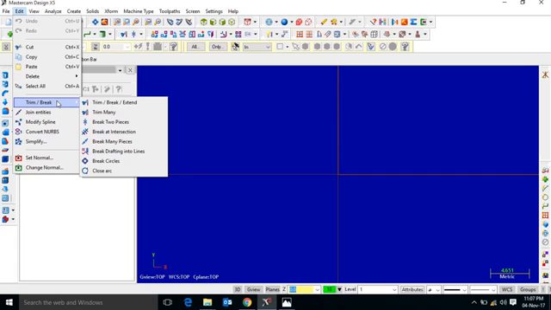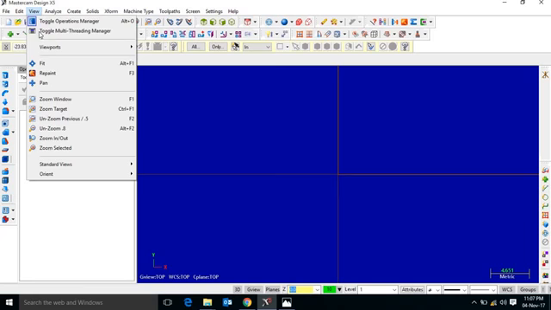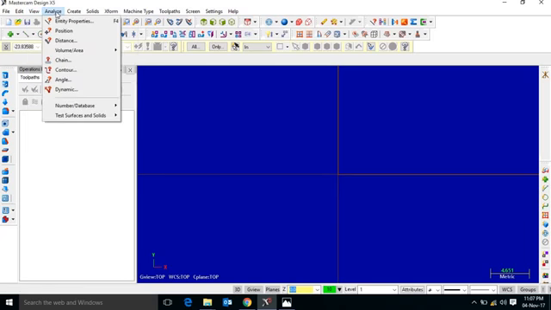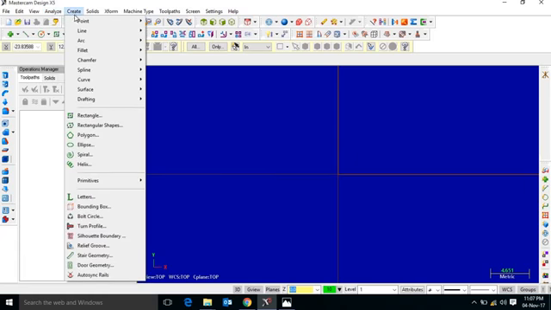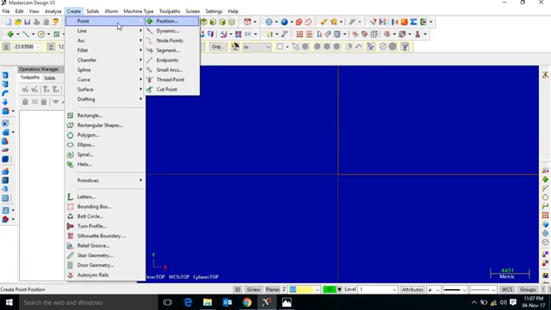Although you are not aware about CATIA, don't worry. Master CAD is too simple compared to the other 3 softwares. The trim option, I will further explain later. View option, in the view the pan is used. Another is analysis. Create. In the create we are getting the different options, that is to generate the point, position,